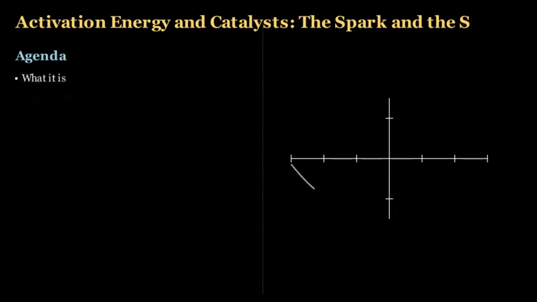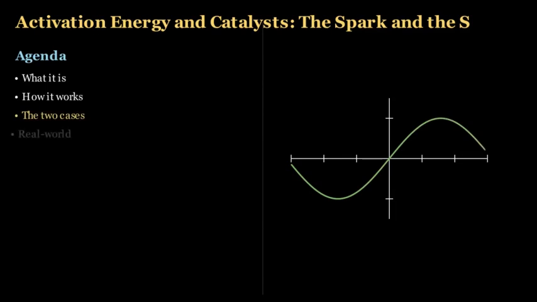First, we'll see what this barrier really is. It's called activation energy. Then we'll look inside a crowd of molecules to understand why only a few of them ever make it over the top. After that, we'll meet the clever trick that nature and engineers use to speed things up, a catalyst that digs a tunnel right through the hill. And finally, we'll see this in action inside your own body and in every car on the road.